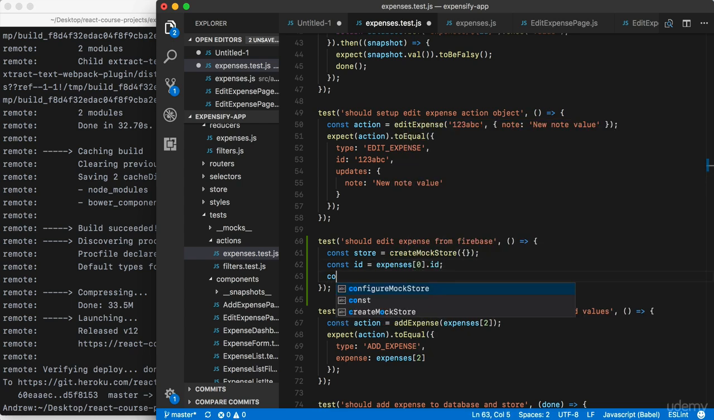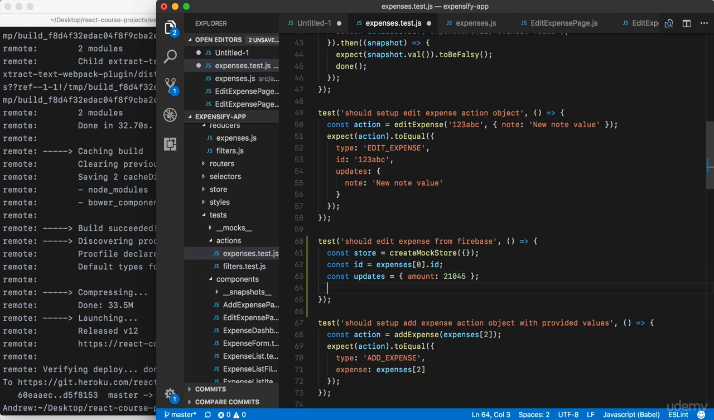Next up, I am going to define my updates as well. Const updates, this is just an object, and we can update whatever we want. I'm just going to choose to update the amount, and I'll switch that over to some other value. Let's go ahead and use $210, so 210 and 45 cents. Awesome. We have the amount update in place, and the next thing to do is to actually dispatch the async